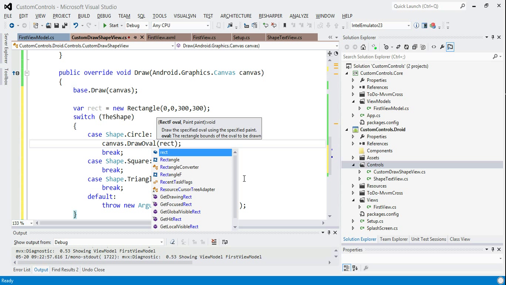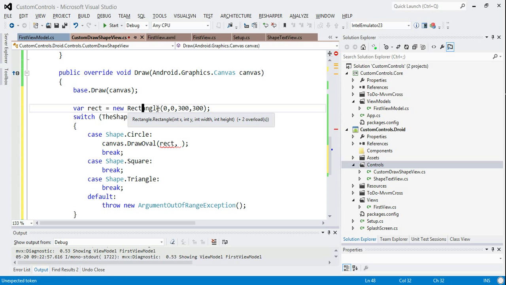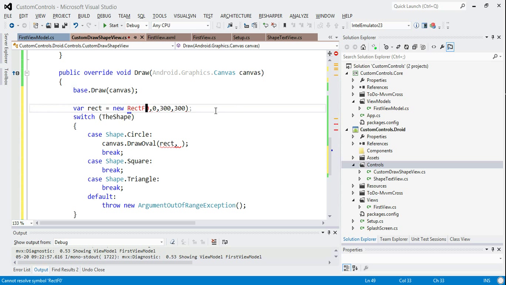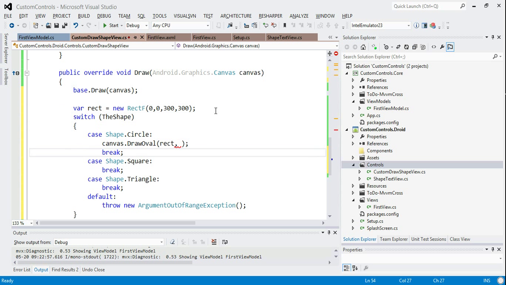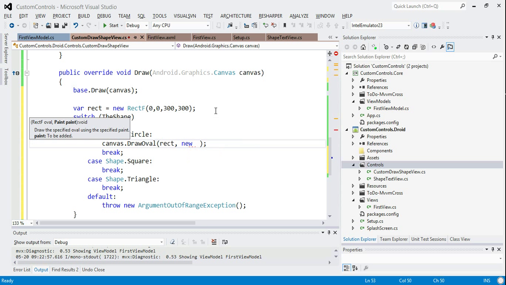So let's see if we can pass in a rect. Okay, so it wants a RectF. Let's give it a RectF. And that's one of those. And that constructor takes... okay, same argument, so it's just straightforward to use. But then back in this draw oval, it's saying, please also provide me a paint. So what we do is we provide a new paint,